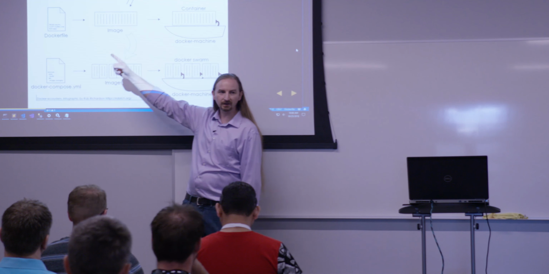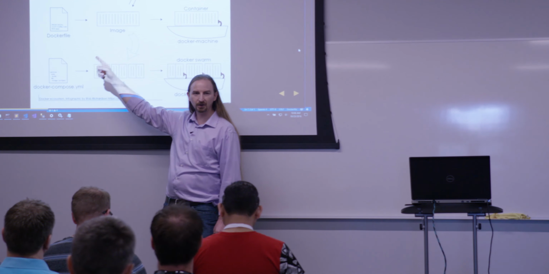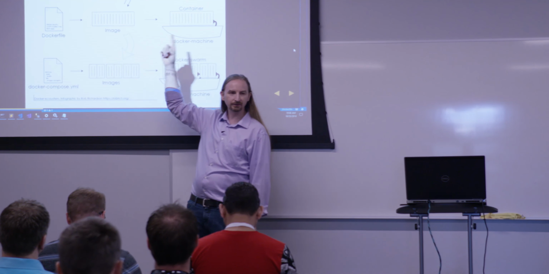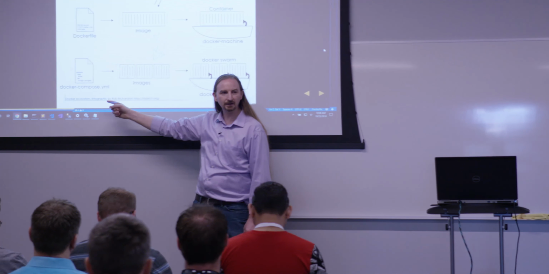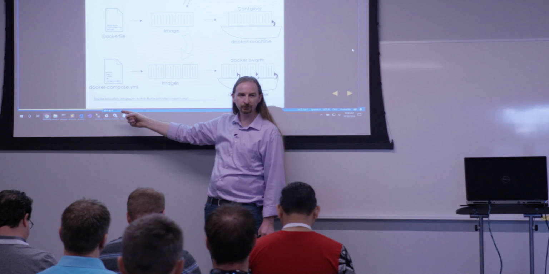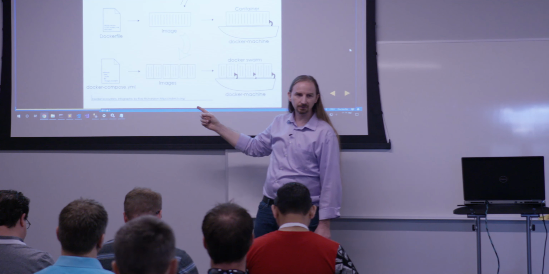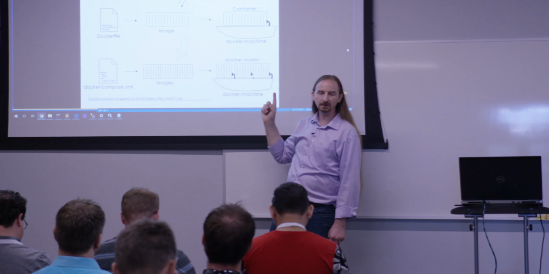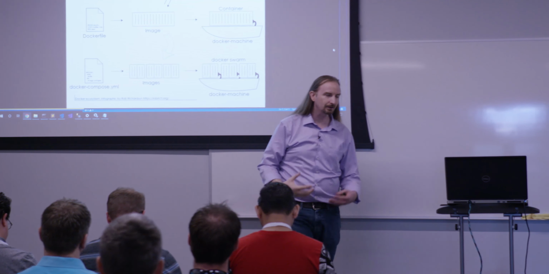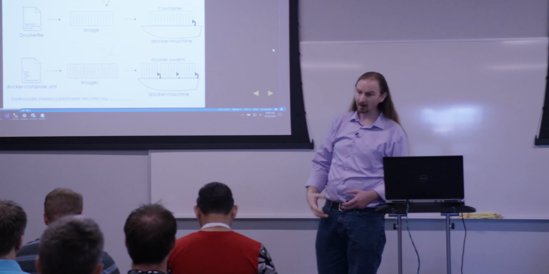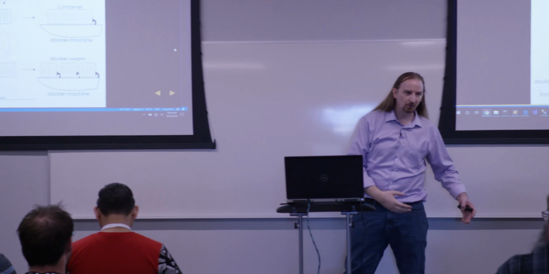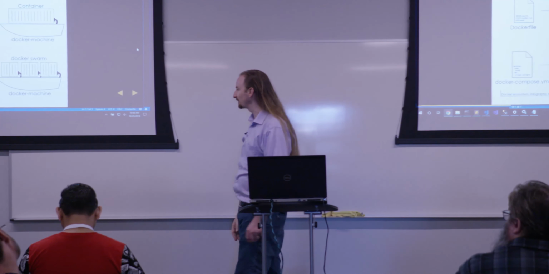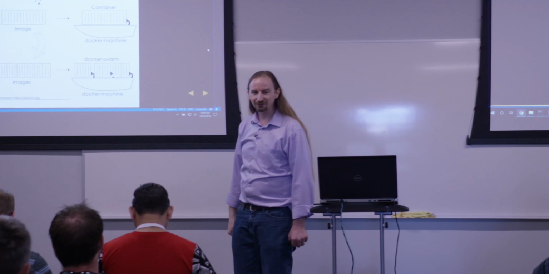We can do that with one container here. Dockerfile builds to an image runs as a container. Or we can do this with many containers. I'll have a Docker Compose file that will build many images or pull many images from Docker Hub, and then ultimately run many images, many containers together in concert. And that's kind of the Docker ecosystem. We went past that really quickly because we want to dig into Kubernetes. But any questions so far right there?